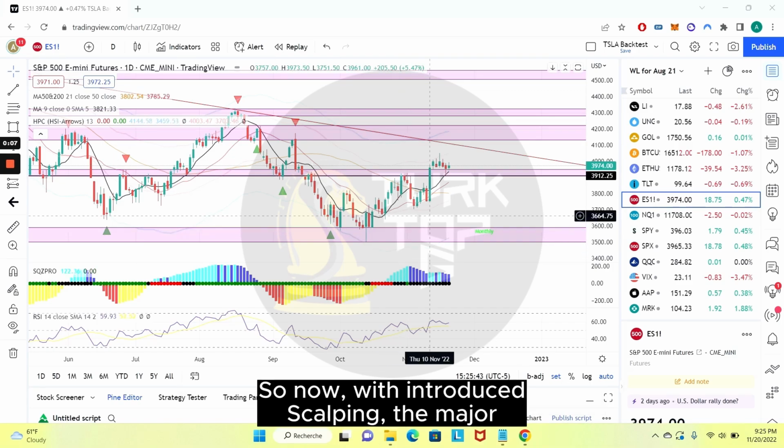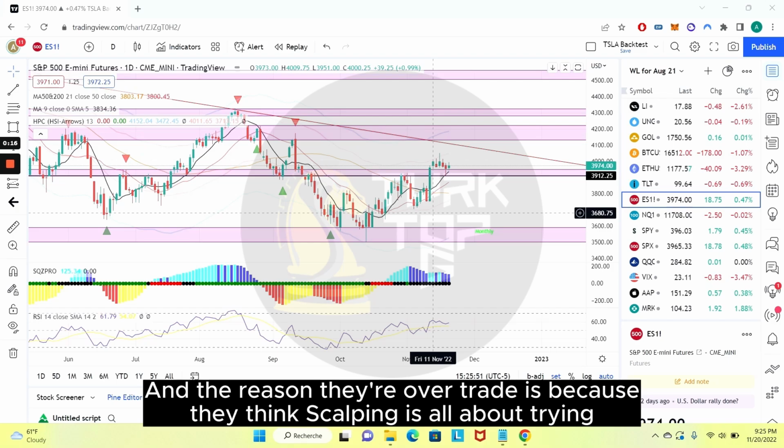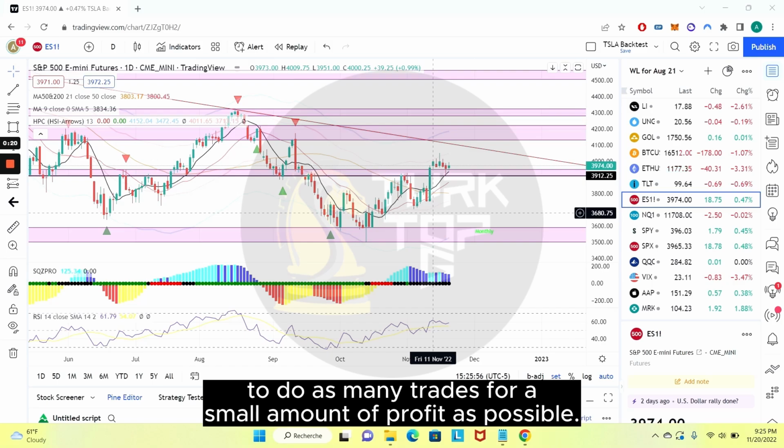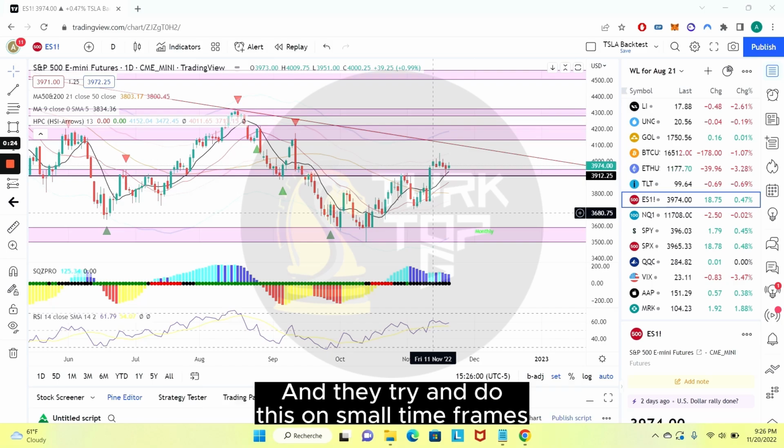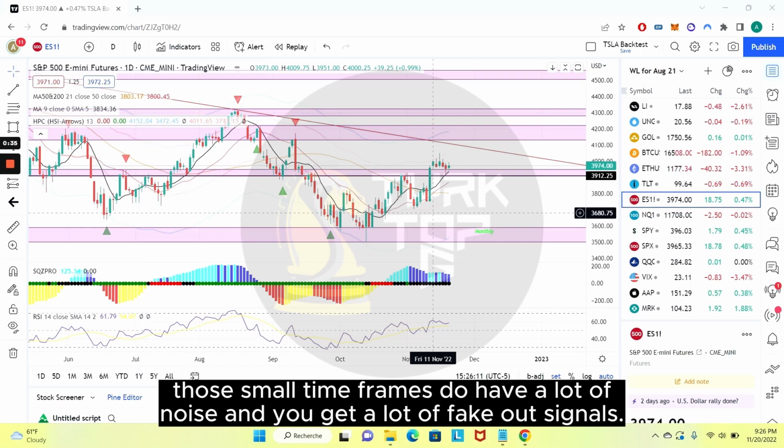So now with intraday scalping, the major problem that most people face is overtrading. And the reason they overtrade is because they think scalping is all about trying to do as many trades for a small amount of profit as possible. And they try and do this on small time frames like 5 minutes, sometimes 1 minute, even 15 minutes. Which becomes a problem because those small time frames do have a lot of noise and you get a lot